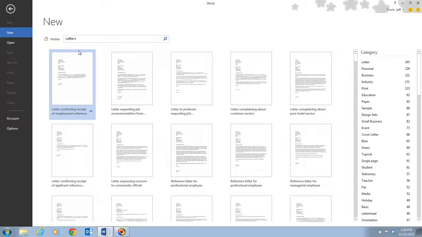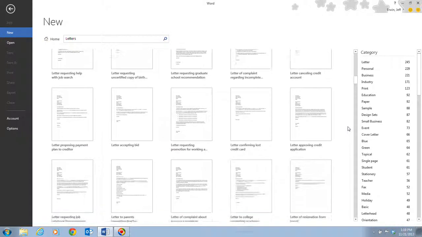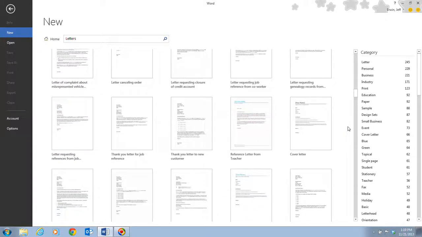Now, one thing to remember, especially since this book has been printed, is that templates will change over time. So if you don't find this template, or if it's not available, then we're going to select another cover letter template, or we're going to just look through the steps to understand how to work with templates. However, they have changed the name of this template, so we're not going to be looking for the cover letter aligned template. If we scroll down a little bit here, we do have a similar template on there,